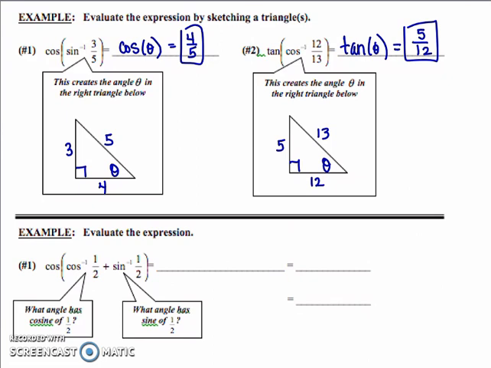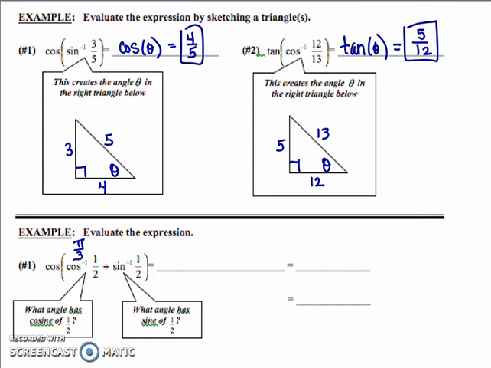And then the last part of our notes here, we want to evaluate these expressions. Okay, so PEMDAS: start on the inside, work our way out. So first, what is the inverse cosine of 1/2? This is asking us what angle has a cosine of 1/2. It has to live in the range of inverse cosine. The range of inverse cosine is quadrants 1 and 2. So where is our x value 1/2 in quadrants 1 and 2? The answer is